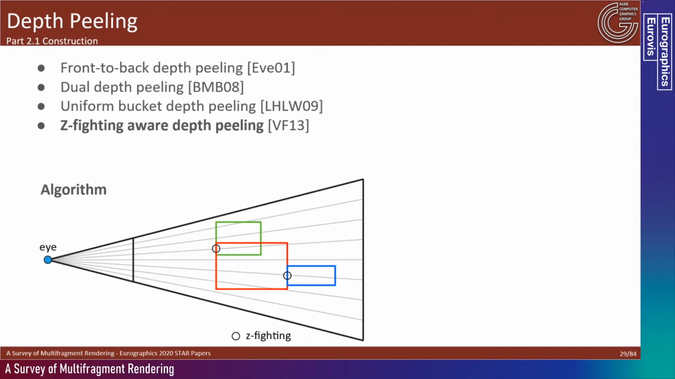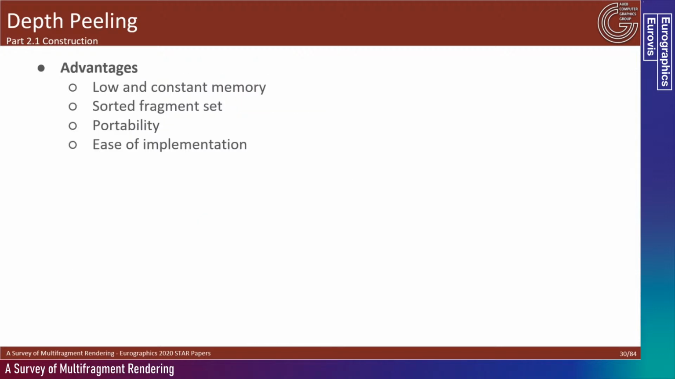And the authors here proposed a number of solutions that mitigate the depth coplanarity issues that were present in previous depth peeling methods. In general, the main advantages of depth peeling methods is that they have low and bounded memory requirements,